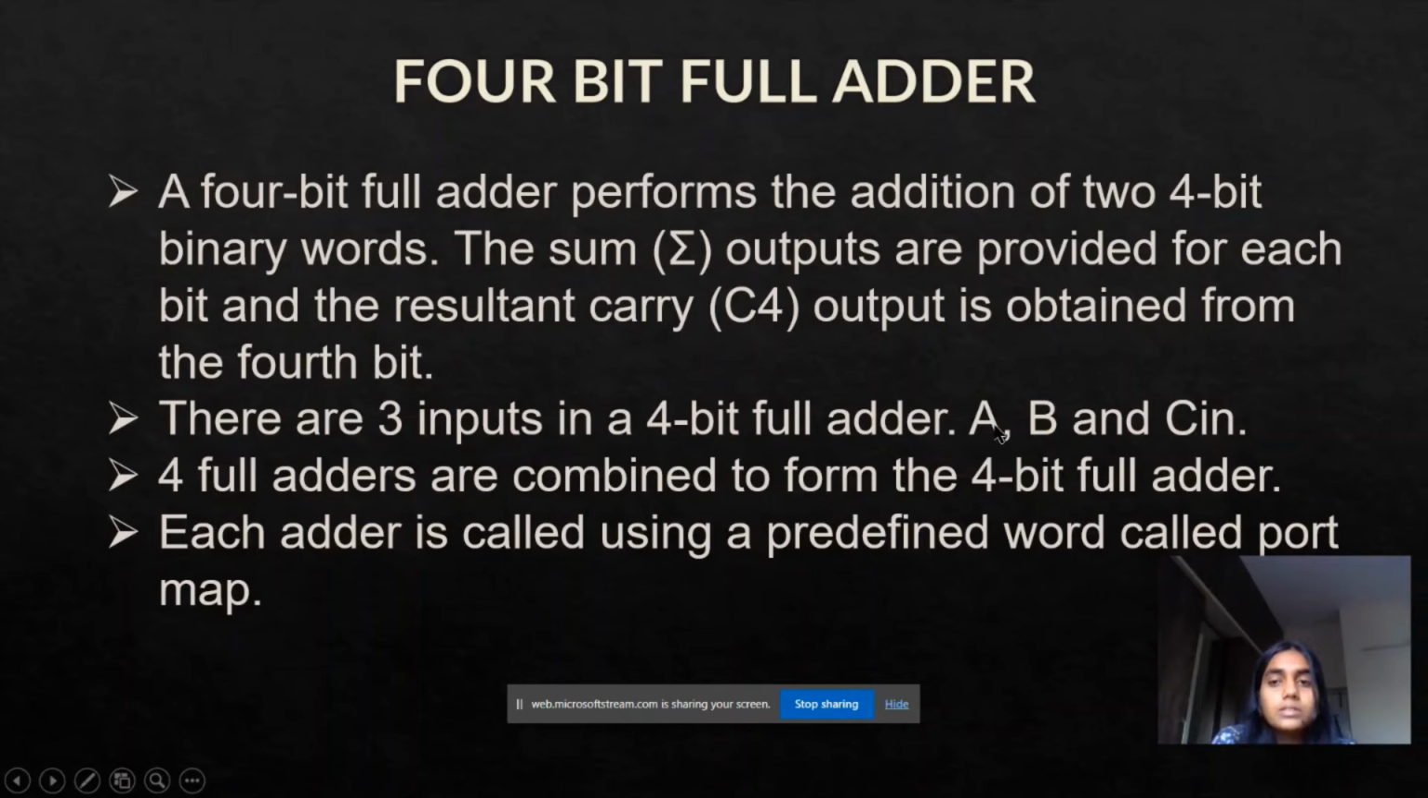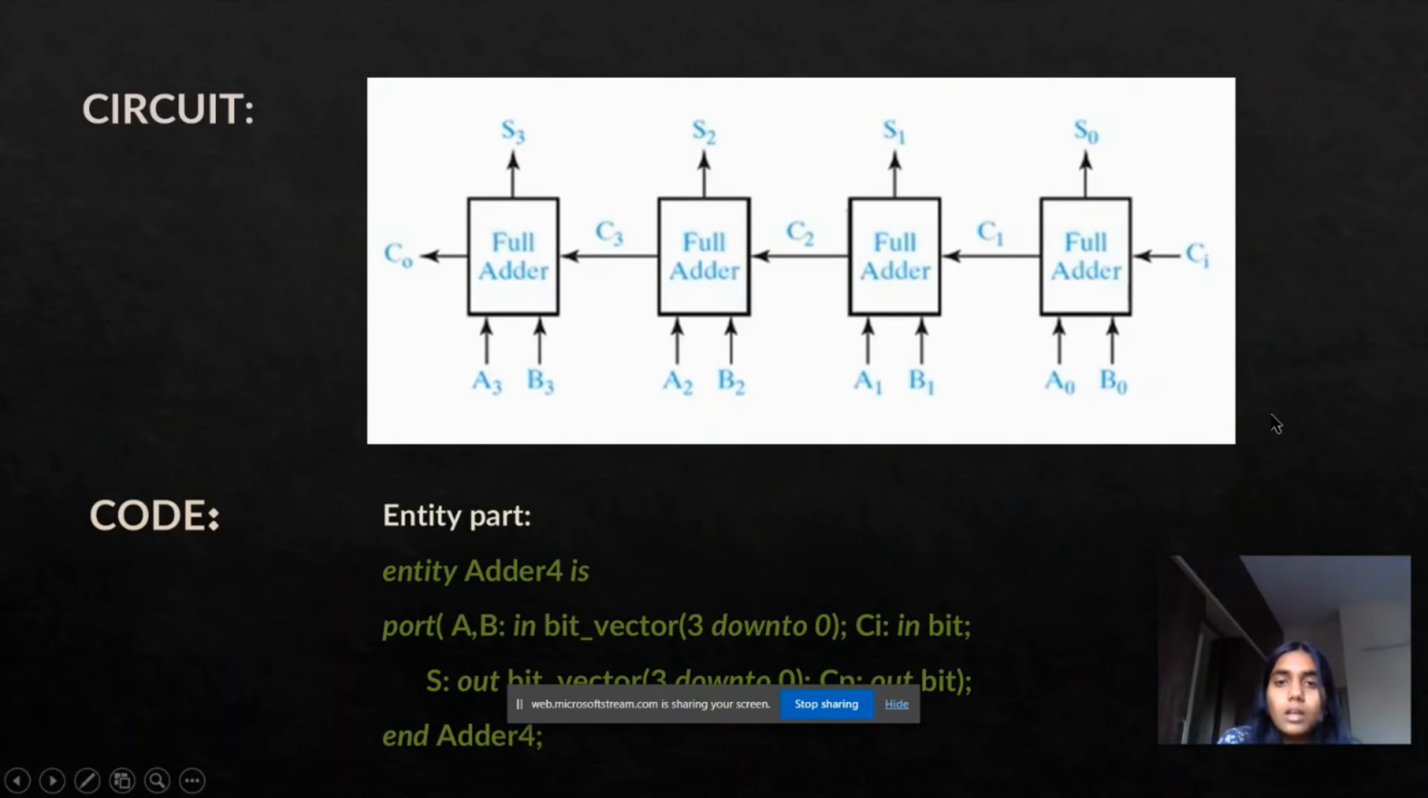Now, there are three inputs, A, B, and Cn. Let me show you the circuit, the diagram of a 4-bit full adder. As you can see, there are four full adders where the first full adder has three inputs, A0, B0, and C carry in. Now the carry output of the first full adder acts as the carry in input for the